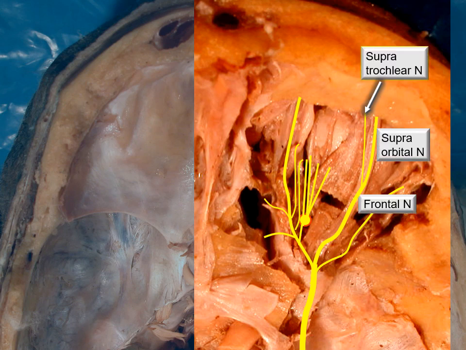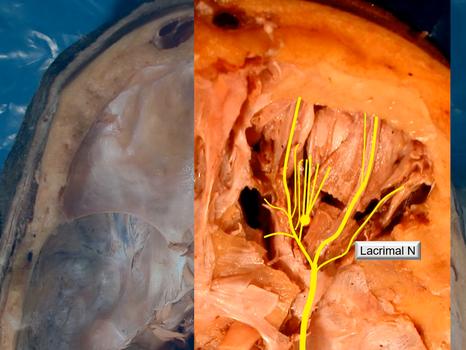The frontal nerve and the lacrimal are the two branches. The third branch we will take up a little later, that is the nasociliary. Right now, the trigeminal divides into one lacrimal, two frontal, and thereafter the nasociliary. The frontal divides into supratrochlear and supraorbital, which we will see in the dissection of the scalp.